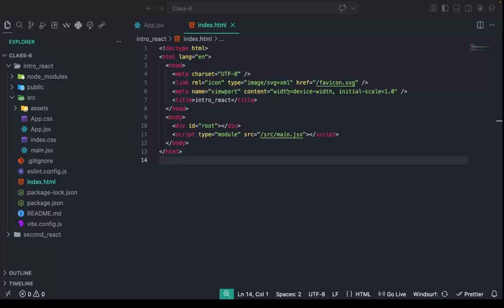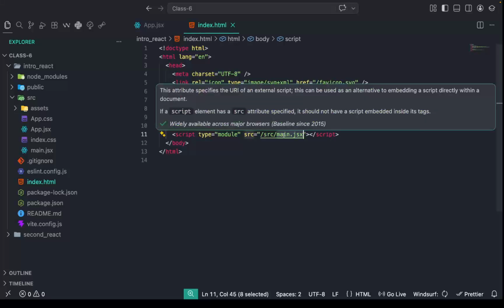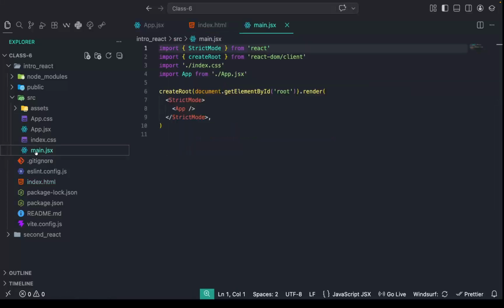Yeah, so this HTML now, because the only thing the browser understands is your HTML file. When you are doing it yourself, normally you create your HTML file, then you connect it to the JavaScript by using this script. Then inside your body, you put all the necessary HTML code that you want to show. But here now, we don't put any HTML code inside the HTML. Everything is going to come from React. And this is where the connection of React, or whatever code is going to be generated later on, is coming from. So this main.jsx, which is this file there, is the one that is doing the connection between React